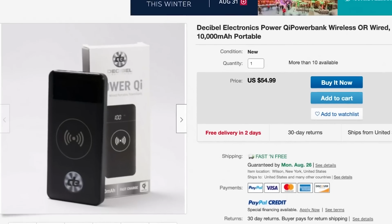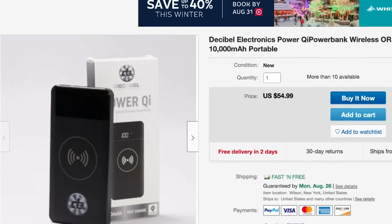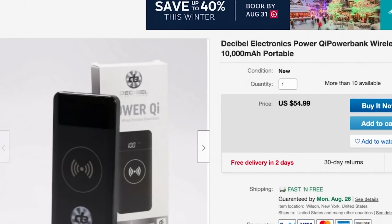But there, no wires, no worrying. I'm going to show you how this works in a moment. But first, more importantly, let's get to the coupon code that will score you my favorite power bank. The Decibel Dual Wireless Power Bank, which works wired or wireless, because I'll explain this all to you in a moment,